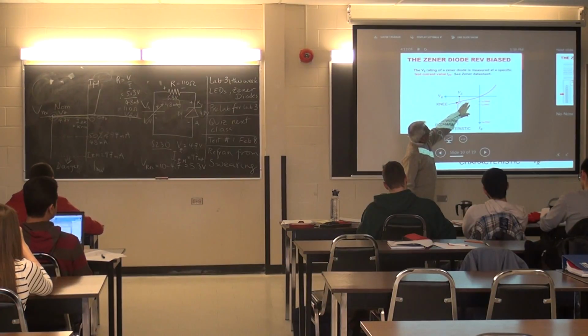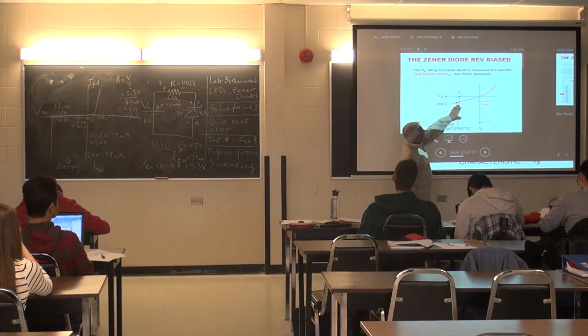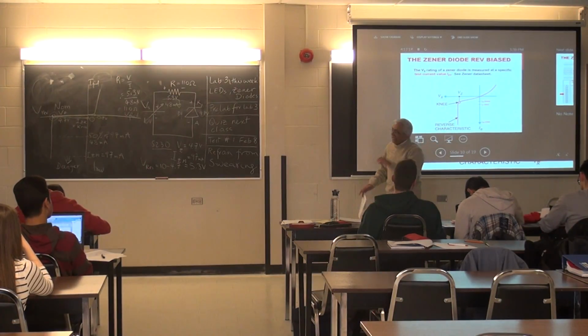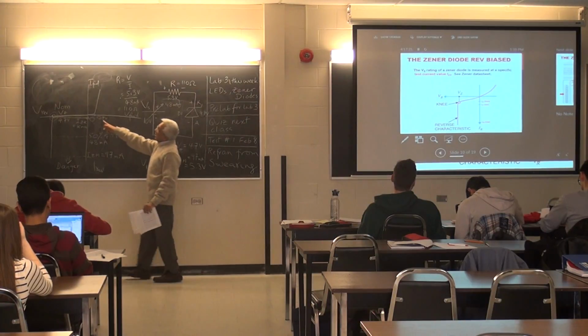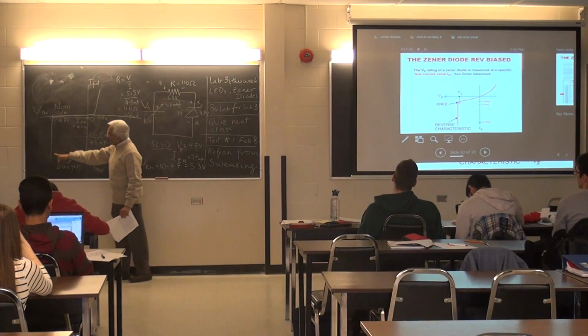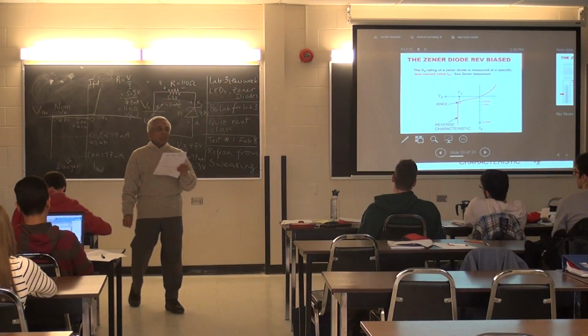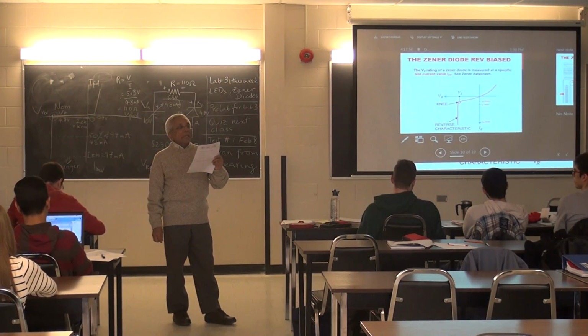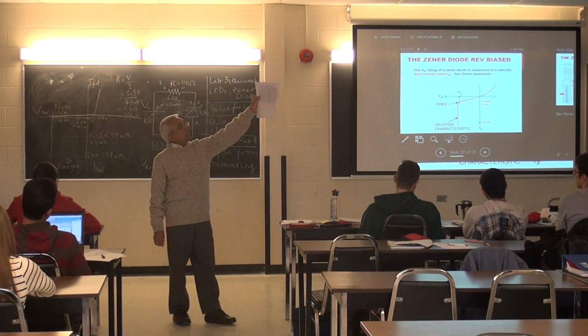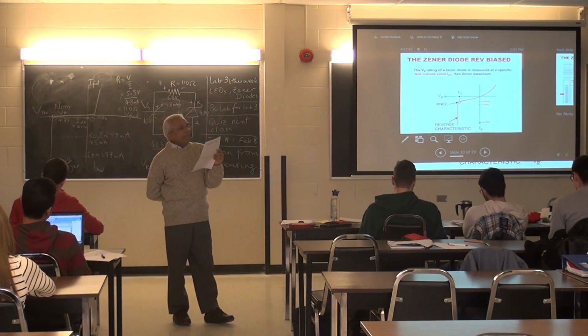This is not very accurate. We show it here in order to explain what the circuit looks like. But this knee is really a very tiny little current. Okay, just a few milliamps, 1 or 2 or 5 milliamps, and then you've got the maximum current. And then there is also a current called the test current. So look at the third column in your spec sheet. It's called a test current,